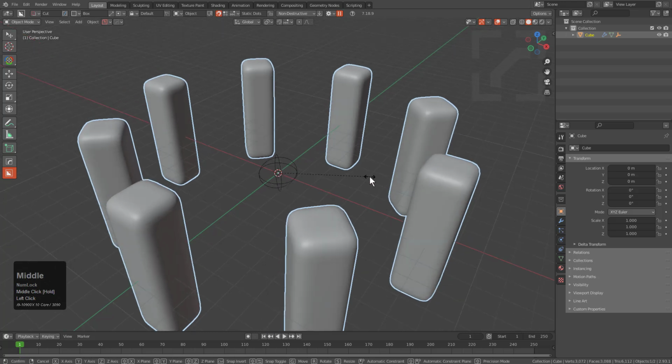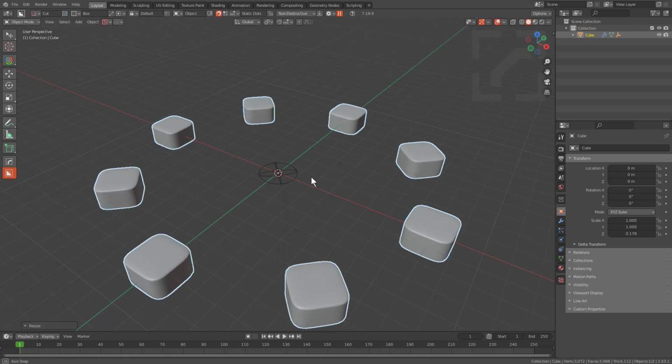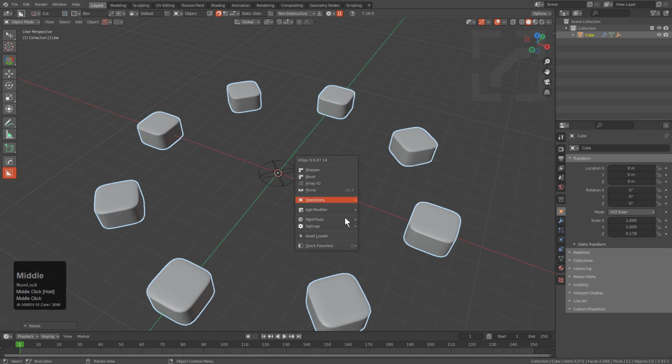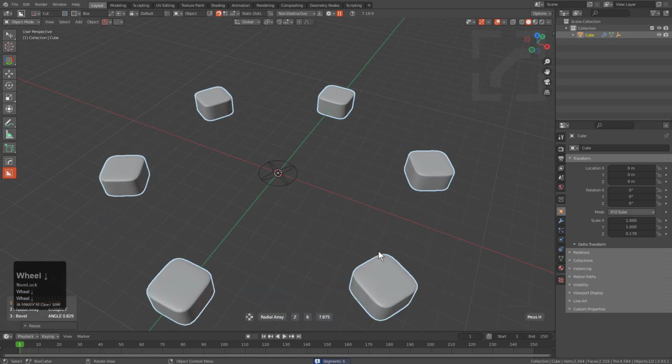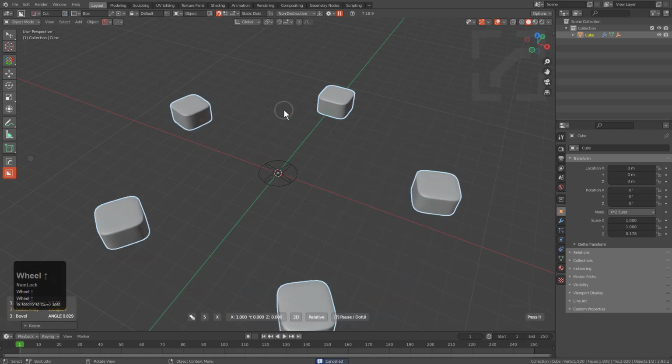And even better is if we were to just scale this object down on the Z to something even smaller and less satisfactory, deforming even our empty, we could press Q, go under mesh tools and adjust our radial array, either through the radial array, and we see that nothing gets disturbed. But we can also adjust it under our array and nothing will also get disturbed, of course, while you're inside